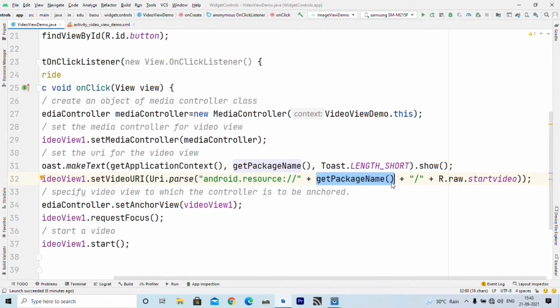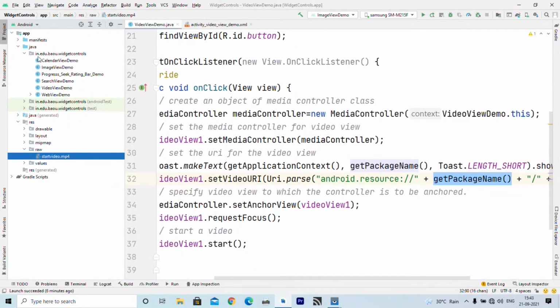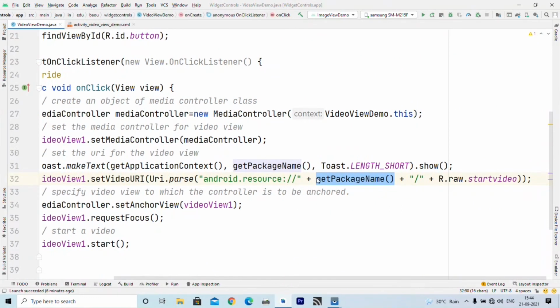Our package name we can get dynamically using get package name. Now remember, this is our package name, in.edu.baou.widget control. So you can also write that, but to dynamically get the package name we write the get package name method, and then we have to write a slash, and then we have to specify the ID of our file